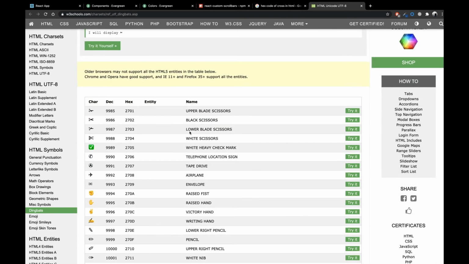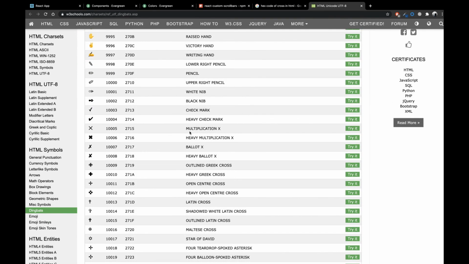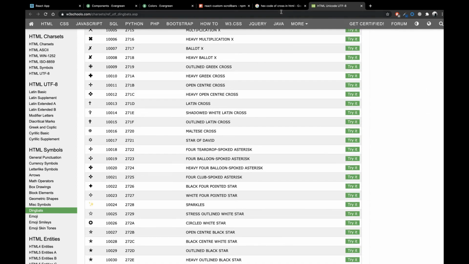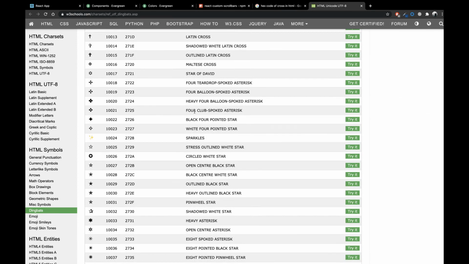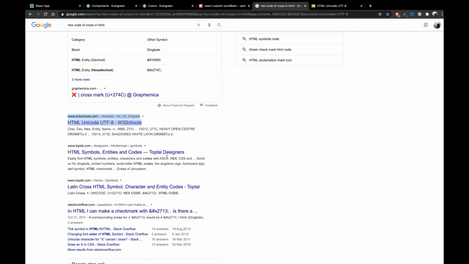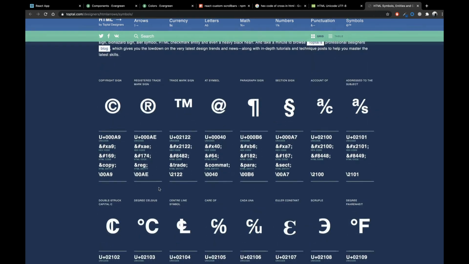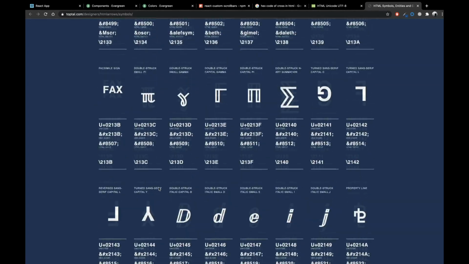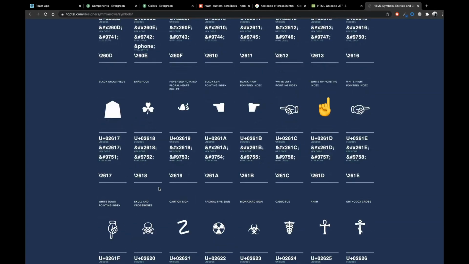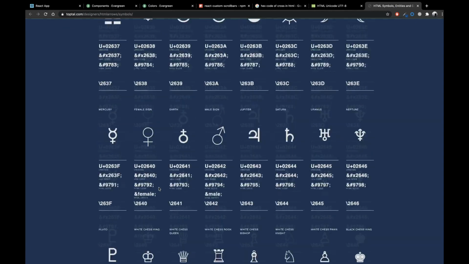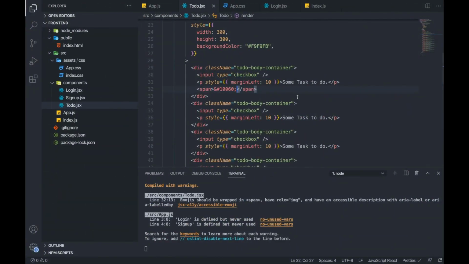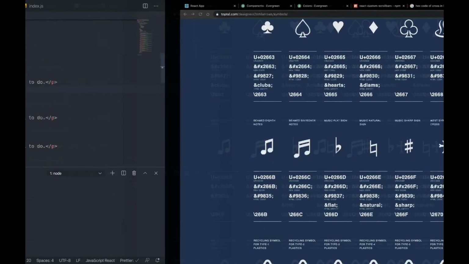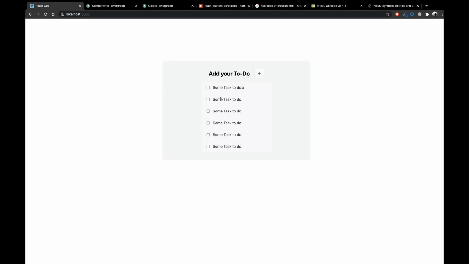Don't we have a decent cross? Okay, let's just give it as this itself. X. How does it look? I know it doesn't look good, but